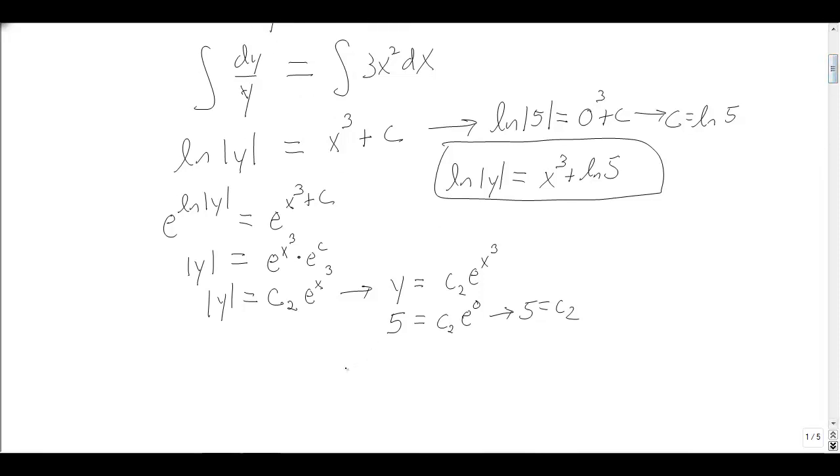And what you get then is your final answer: y is 5 e to the x cubed. And that's sort of the ideal of what we were looking for. Note, that's really the same thing that we have up here. If you look at what would happen to this c, you have e to the c as this 5. Well, if I do e to the c instead of c2, c is natural log 5, but that's just 5 for our